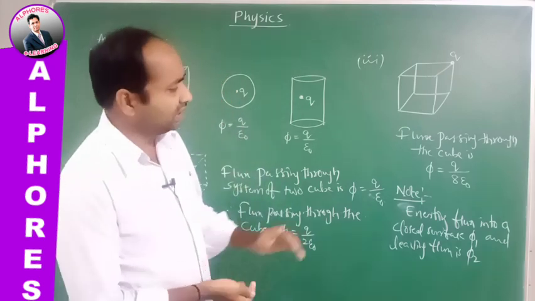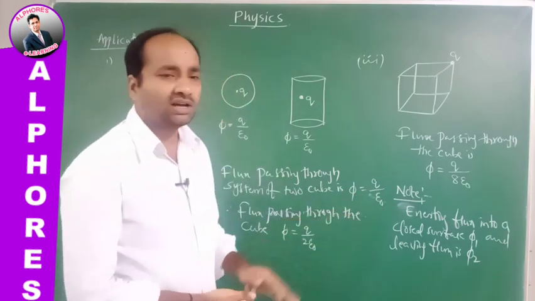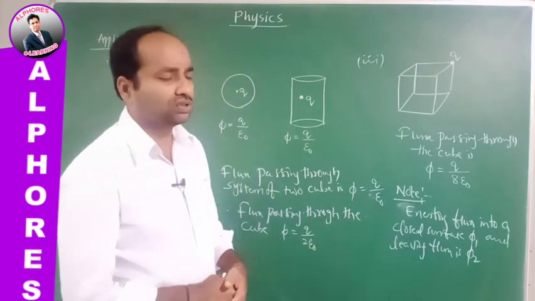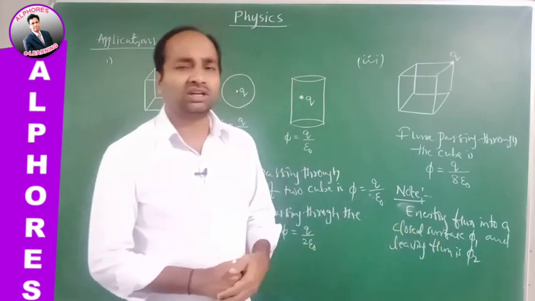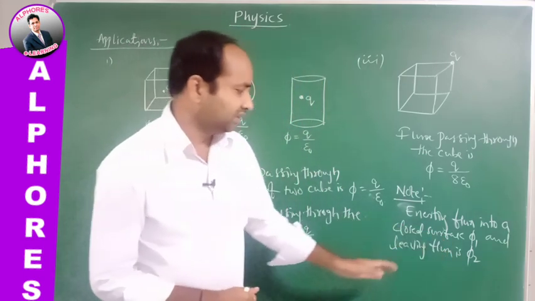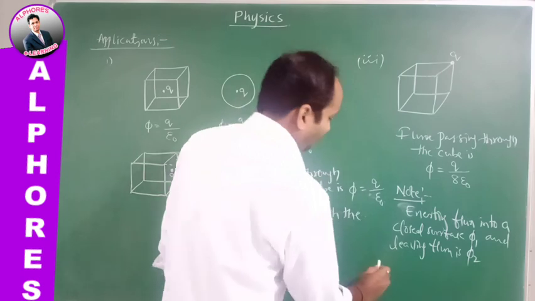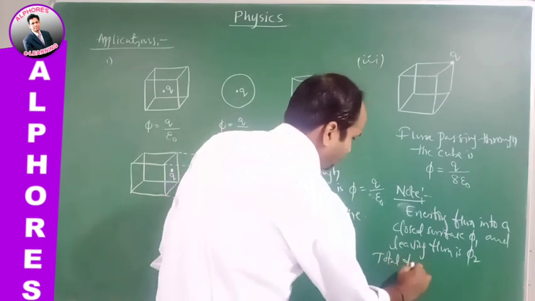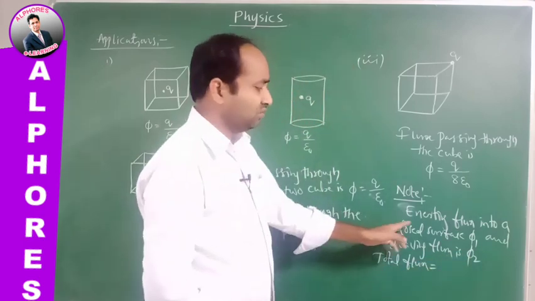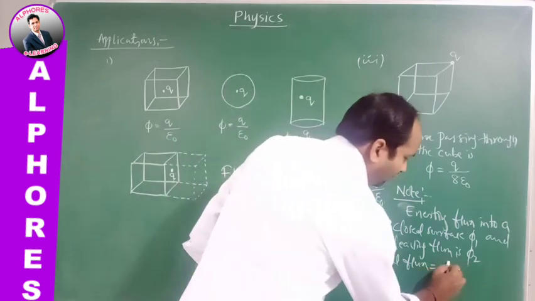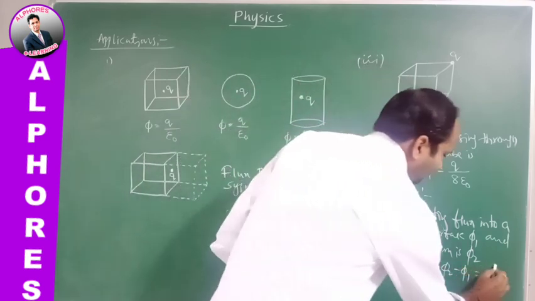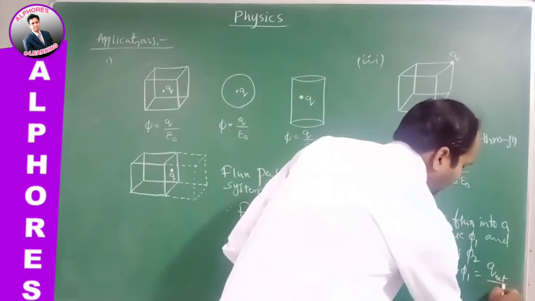Then what is the charge enclosed by the surface? See, according to Gauss law, the total flux, here you should take phi 1 plus phi 2. But phi 1 is the entering flux, which is negative here. Leaving flux is positive. Okay, we may write like this: total flux is equal to phi 2, positive because leaving flux is positive, and entering flux is negative. Total flux is phi 2 minus phi 1. The total flux passing through any closed surface is the net charge, q net, by epsilon naught.